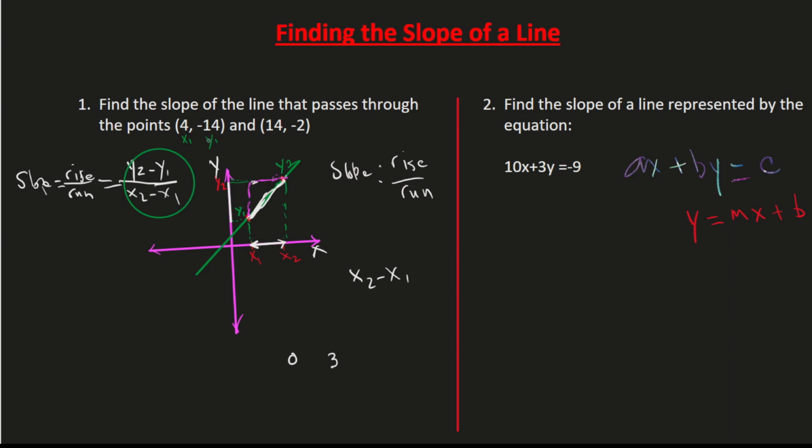That's basically what I got here. For each x, you get the corresponding y value. Now, this is x sub 2, y sub 2. You see, x sub 1 is 4, y sub 1 is minus 14. X sub 2 is 14, y sub 2 is minus 2. So we're going to plug the values into this formula here. So I'm going to say slope